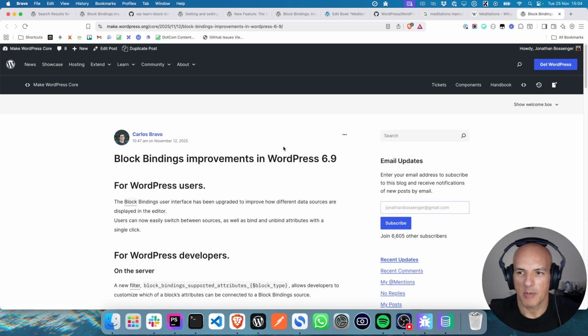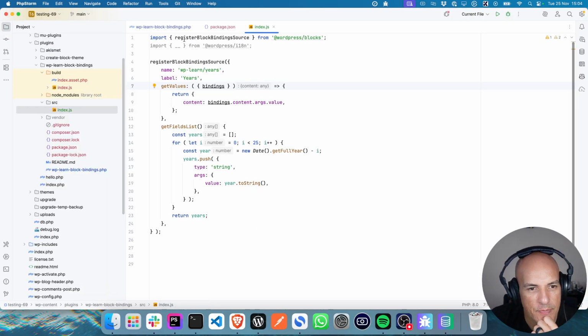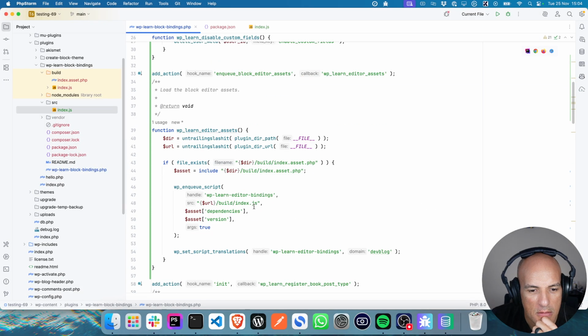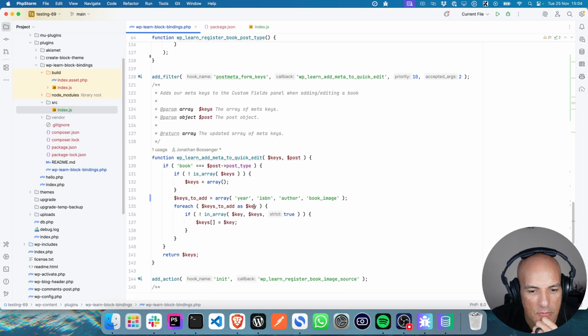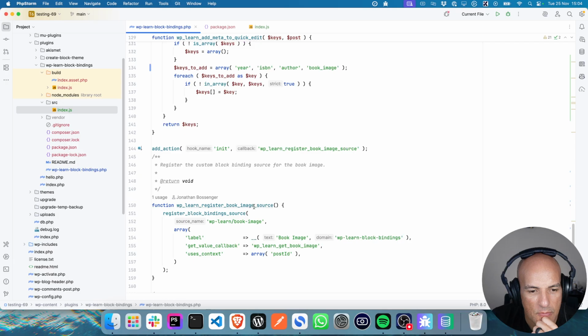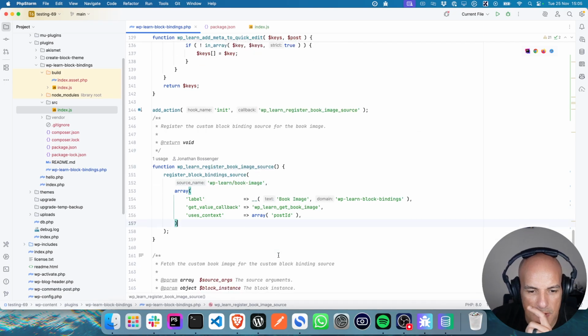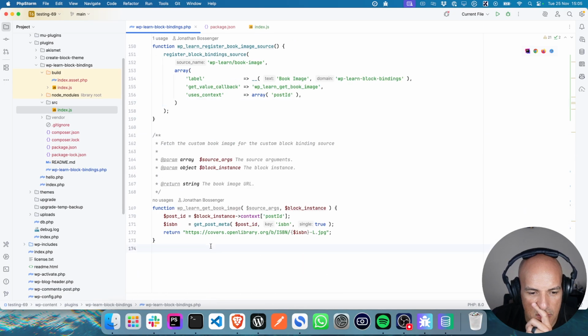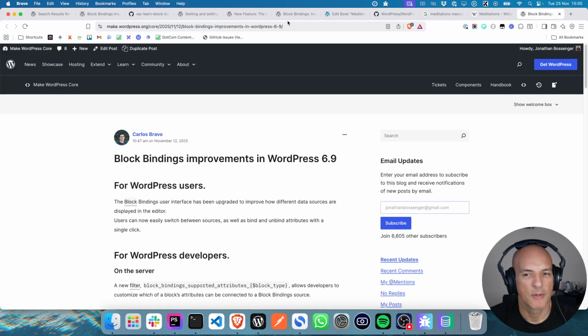There's still so much about block bindings and how it works that I don't quite fully understand. So, for example, you know what I probably will need to do? I know what I need to do now.